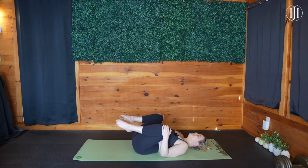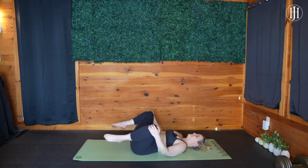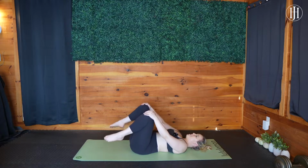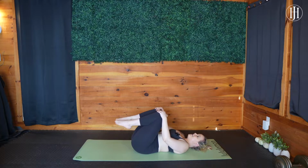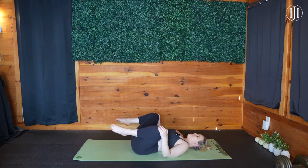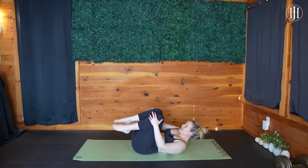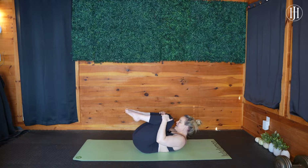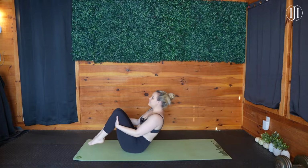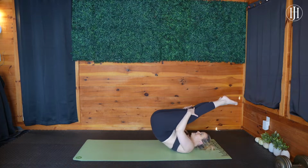Massaging out through the lower back. Finding some movement here. Again, warming up all of those joint spaces. Coming back through center, forehead to knee, chin to chest. And we're gonna grab underneath the knees here and just start to take some gentle rocks up and down the